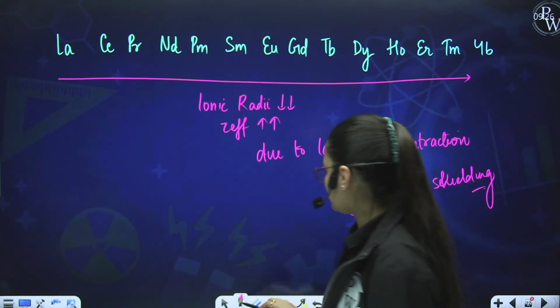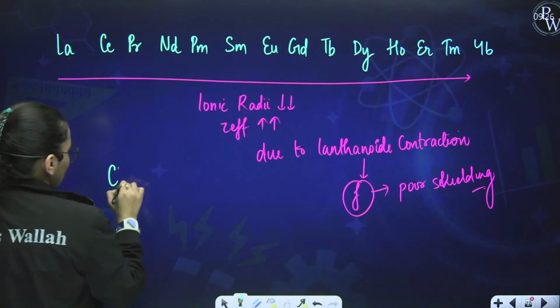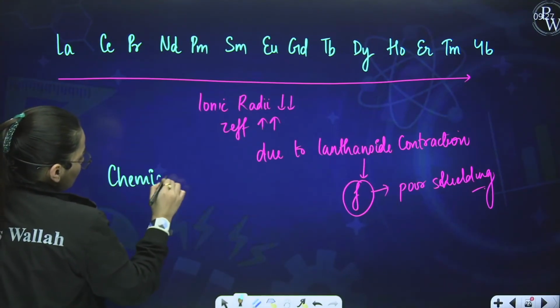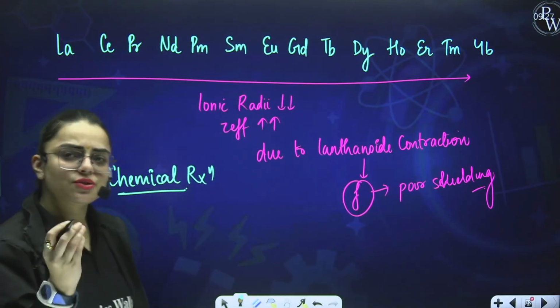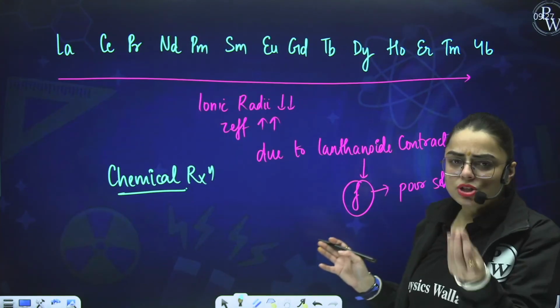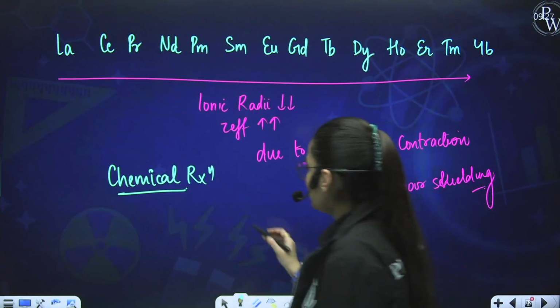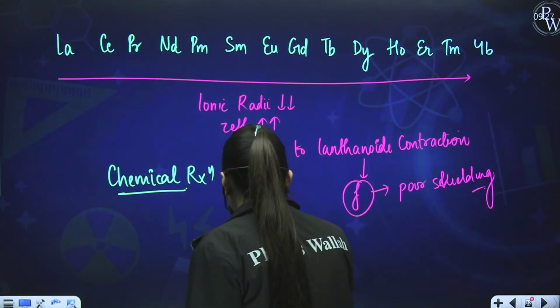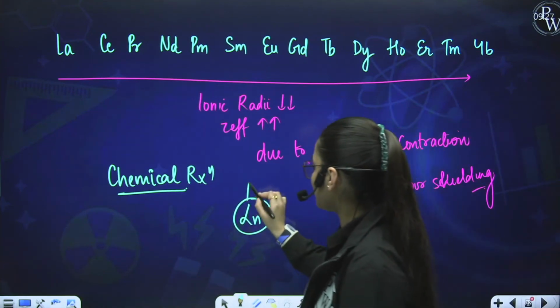Now students, there are certain chemical reactions in your NCERT. A small chart is made with respect to chemical reactions. You have to learn that chart. It is very simple. See, when I'm talking about lanthanoid, you have to treat lanthanoid almost as aluminium. The compounds are generally similar to them. We represent lanthanoid as Ln. Representing lanthanoid as Ln, when lanthanoid reacts with O2,